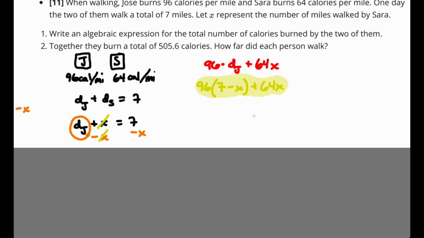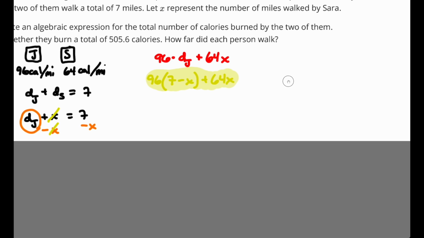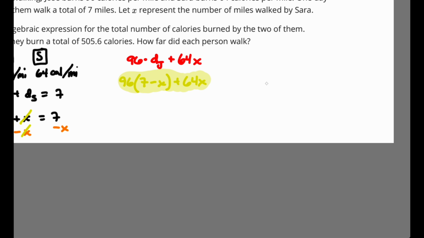Okay, the next part, it says 2, together they burn a total of 505.6 calories. How far did each person walk? Well, we have the expression for the total number of calories, so all we need to do is make that expression an equation. So that's what I'm going to do. It's going to be 96 times 7 minus X plus 64X is equal to 505.6. So now all we have to do is solve that equation, and we end up finding X, which is the number of miles that Sarah